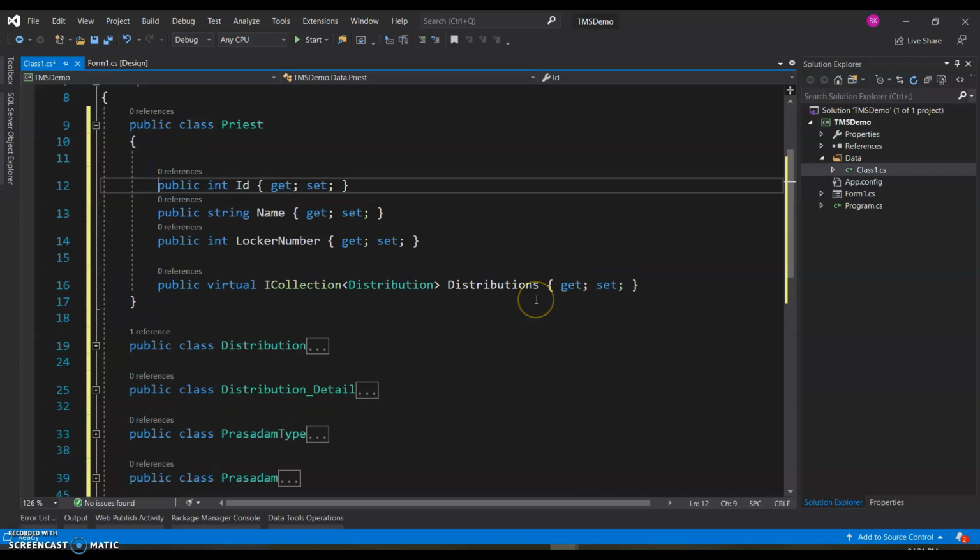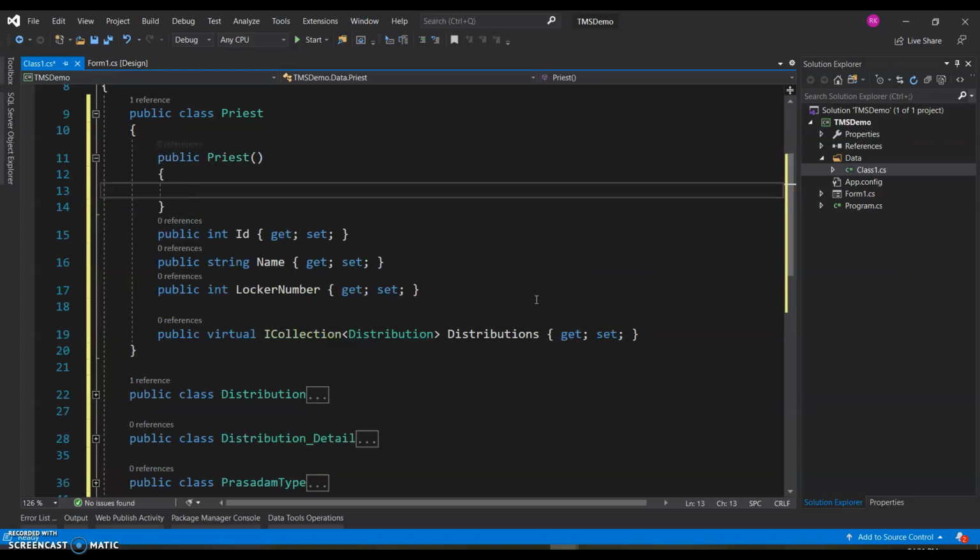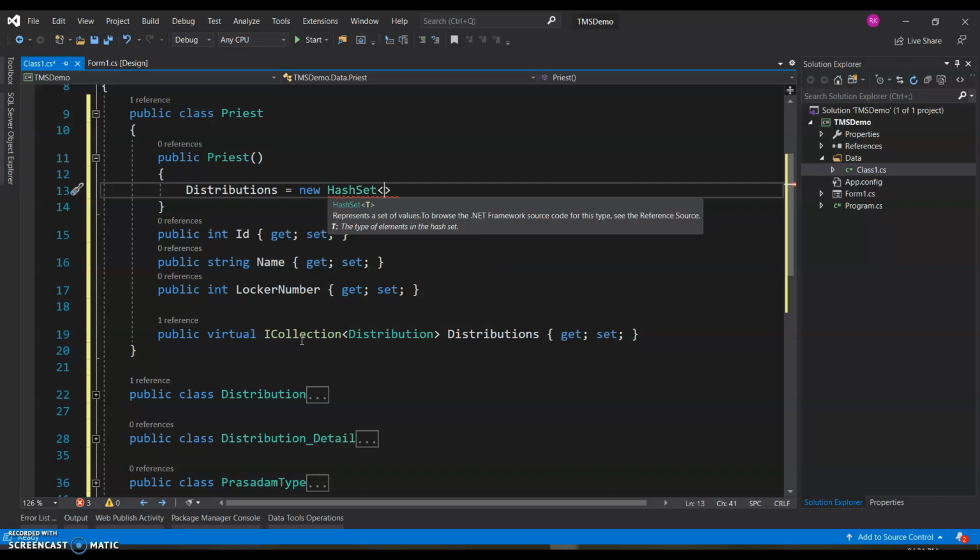Say, I'll say CTOR. This is a short form to create a constructor, and I'll say distributions is equal to new. I could say list of distributions, but what I'll do is I'll say HashSet of Distribution.